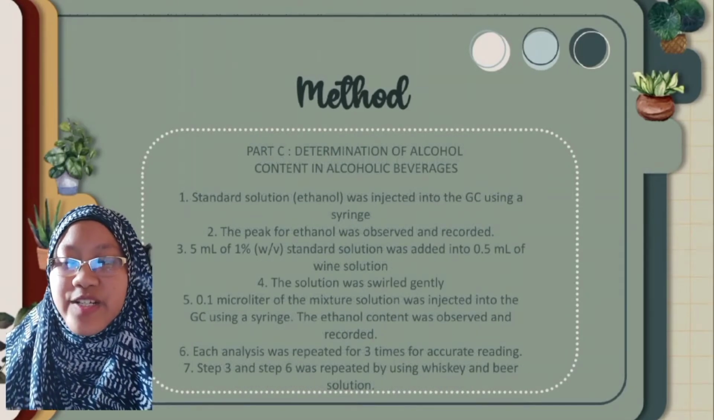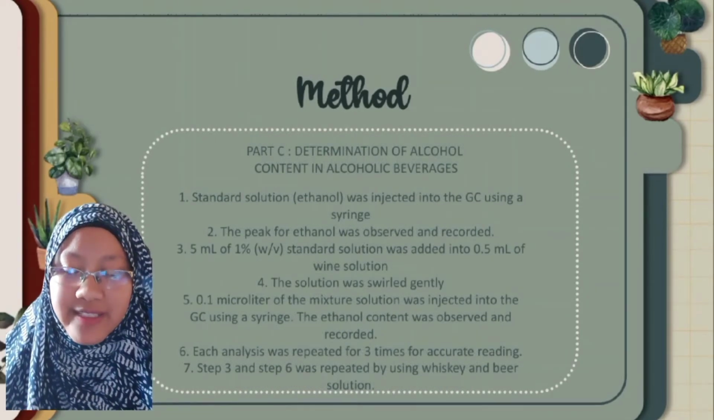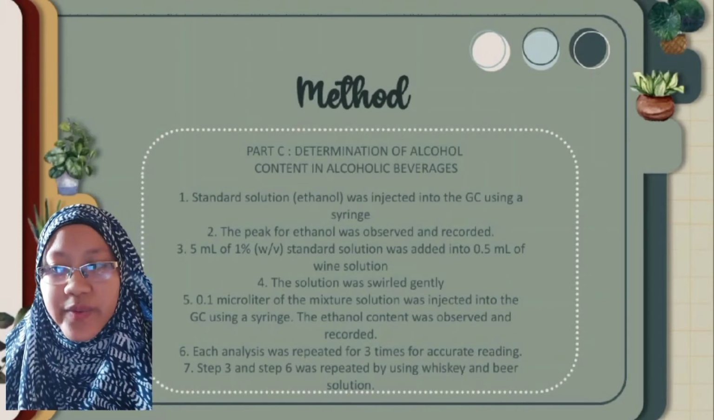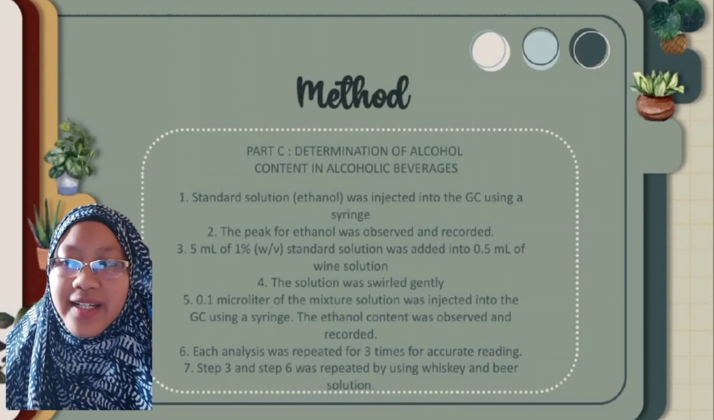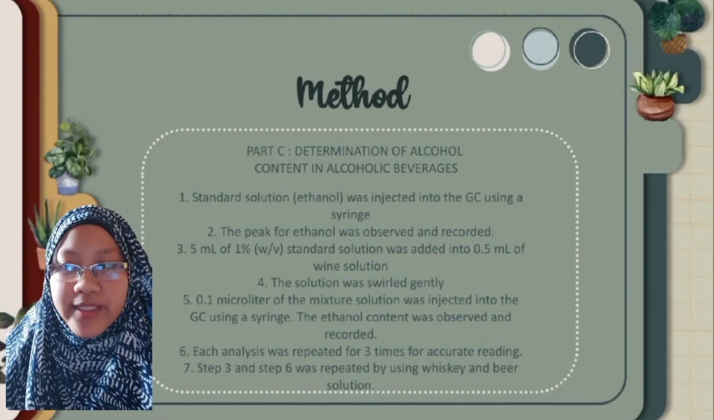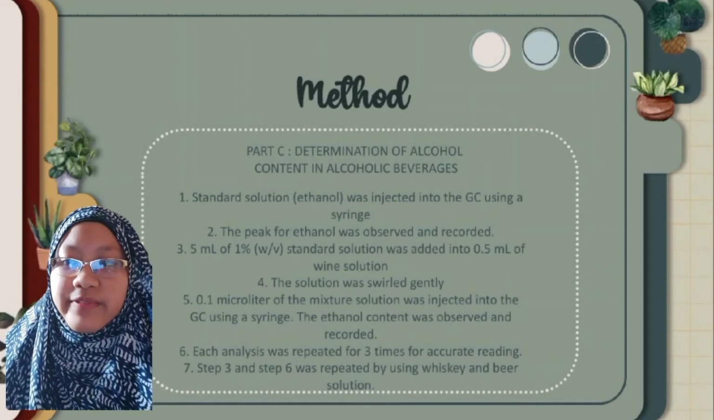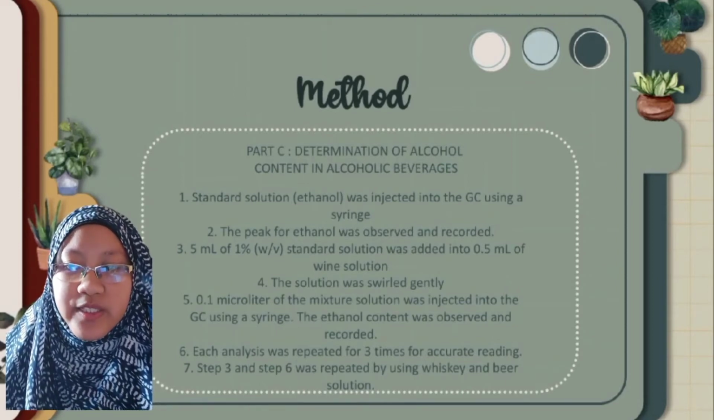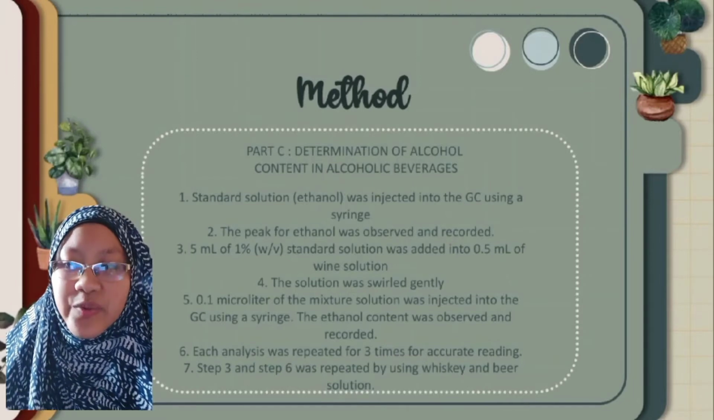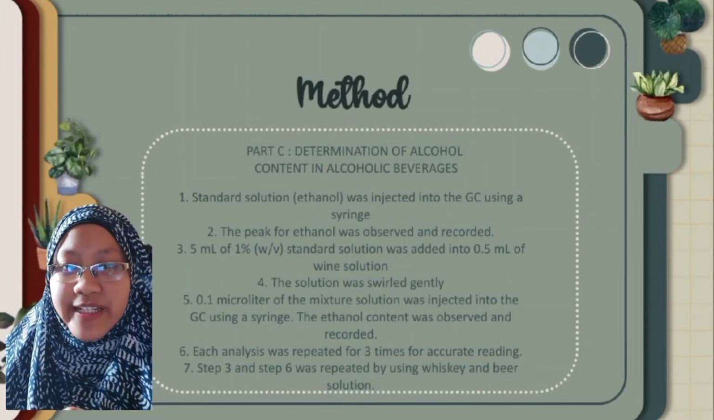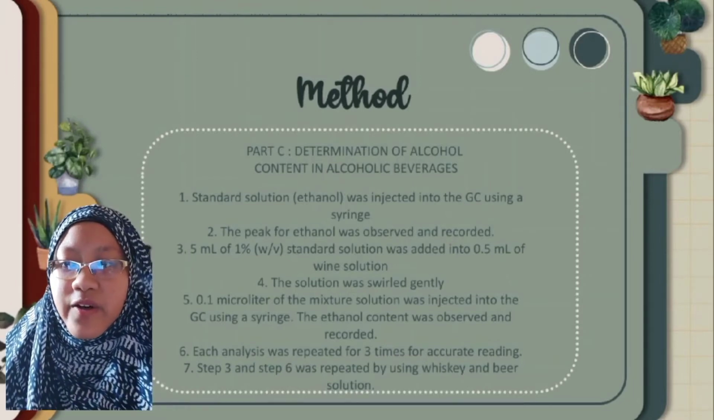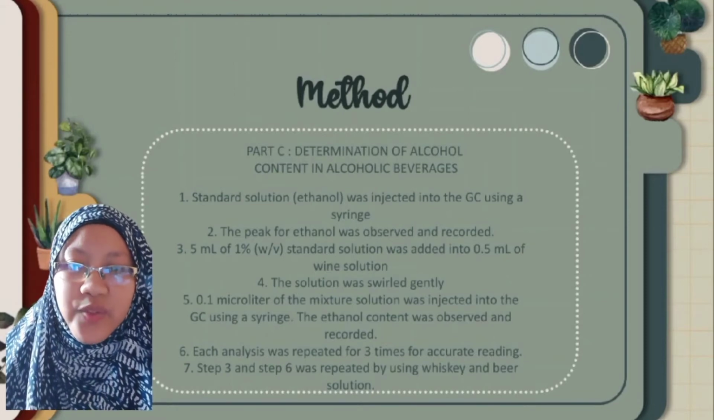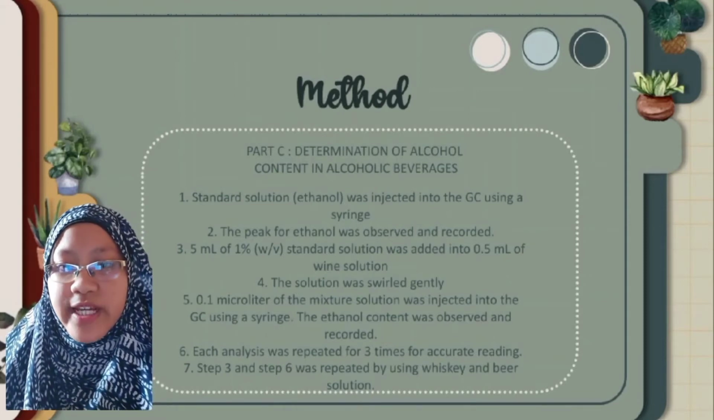So, part C, determination of alcohol content in alcoholic beverages. Number 1, standard solution ethanol was injected into the GC using a syringe. The peak for ethanol was observed and recorded. 5 milliliters of 1% weight over volume standard solution was added into 0.5 milliliters of wine solution, and the solution was then swirled gently. The 0.1 microliter of the mixture solution was injected into the GC using a syringe, and the ethanol content was